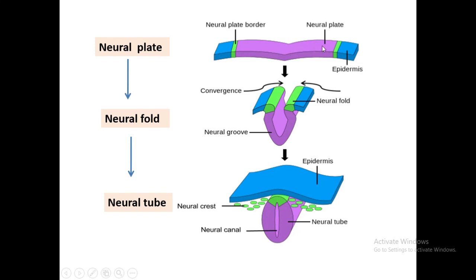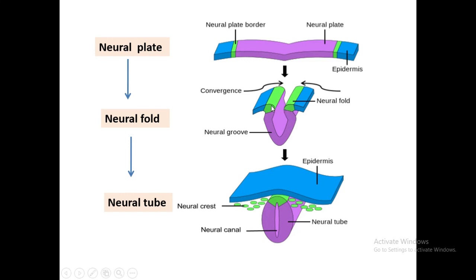This flat one is the neural plate, these are the neural folds and this is the neural tube. The surface ectoderm that lies over the precaudal mesoderm and notochord thickens and forms this neural plate. The neural plate soon folds and forms the neural fold. And the depressed mid region is known as the neural groove.